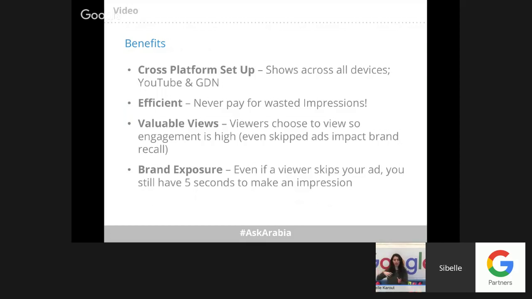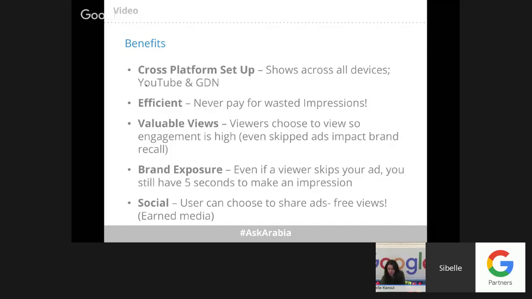Putting it on a channel that you've customized to show your brand, and then having it as a campaign or as TrueView, you would make sure that you are reaching the correct people, getting the correct brand exposure, and being very efficient, which are all very important points that a marketer looks into.